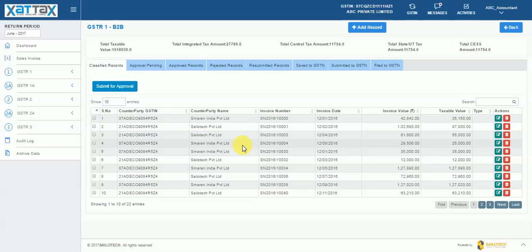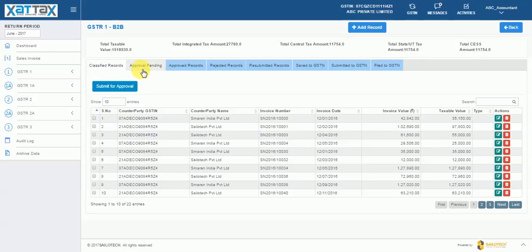Once the accountant is done with the review of all these invoices, if she or he feels that everything is fine, then he or she can submit these invoices for approval. So, once the accountant clicks the Submit for Approval button, these particular invoices that you see here under the Classified Records tab will get displayed under the Approval Pending tab.